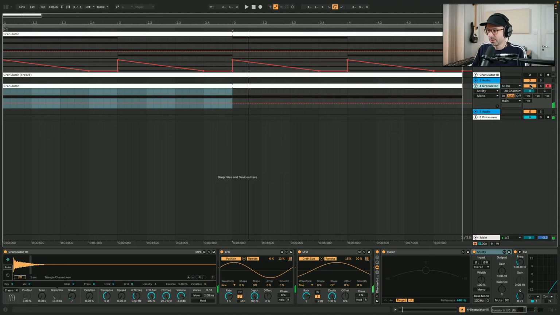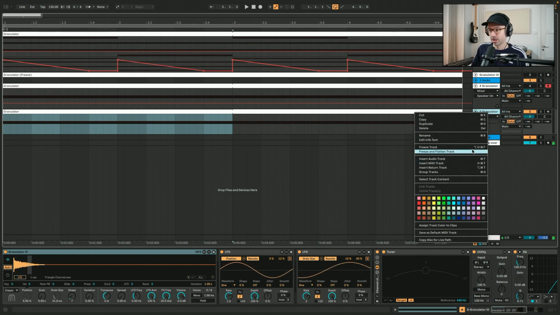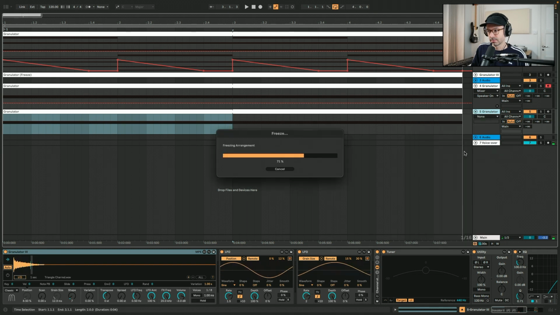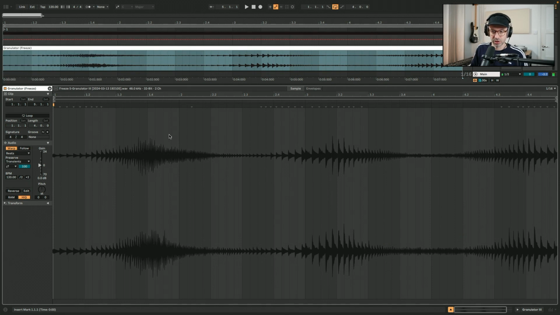Let me just copy this and flatten this to audio to see how it looks. So right mouse click, freeze and flatten track. So now you can see also in the waveform the kind of stuttering effect that increases. And for instance, if we pitch this down an octave, two octaves,